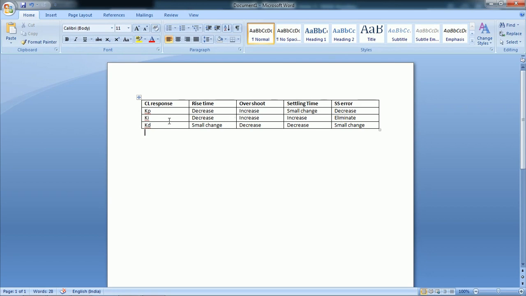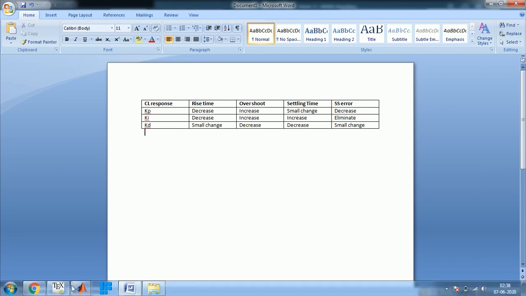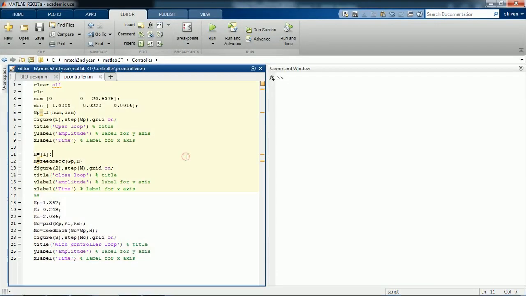Integral gain will decrease rise time, increase overshoot, increase settling time, and eliminate steady state error. With derivative control, there will be a small change in rise time, it decreases overshoot and decreases settling time, and there is a small change in steady state error. Further in the code, by varying these Kp, Ki and Kd values, we will see how the response can be varied. Now going to the code.